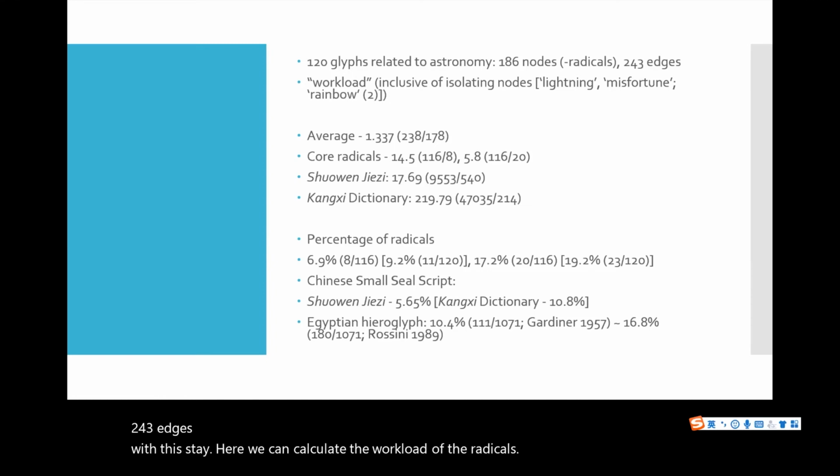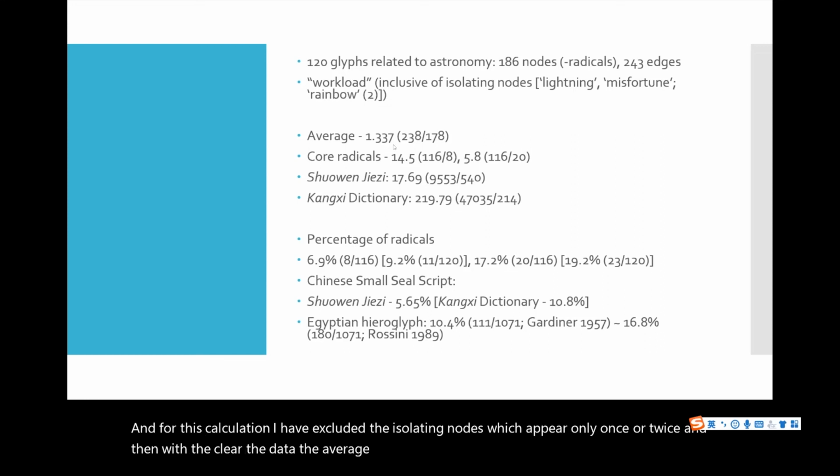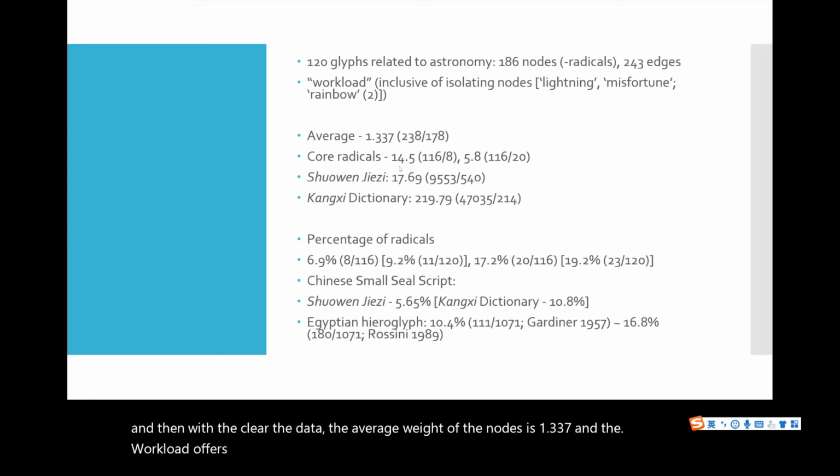For this calculation, I have excluded the isolated nodes, which appear only once or twice. The average weight of the nodes is 1.337, and the workload of the co-radicals is 14.5,